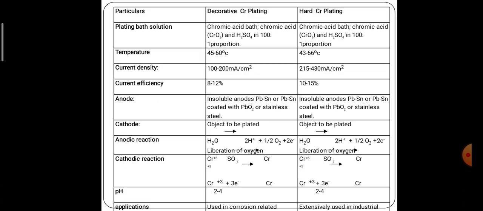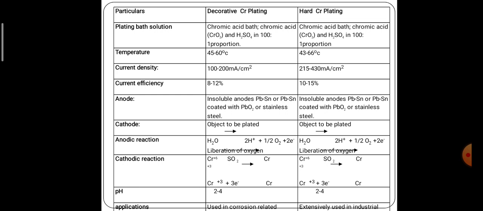Now we apply some conditions. Always in the electroplating process, good electroplating depends upon some conditions. The conditions are temperature, the applied current, suitable electrolyte, what type of anode and cathode material is used, and at what pH we are maintaining. These are all the conditions applied in the electroplating process. Depending upon the conditions only, good deposition takes place on the surface of the base metal.